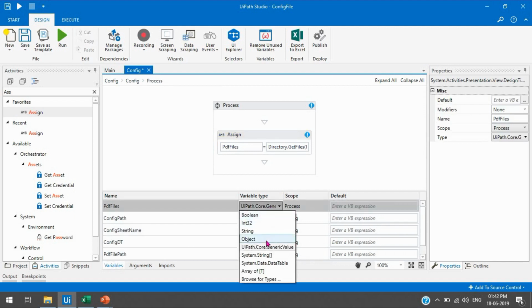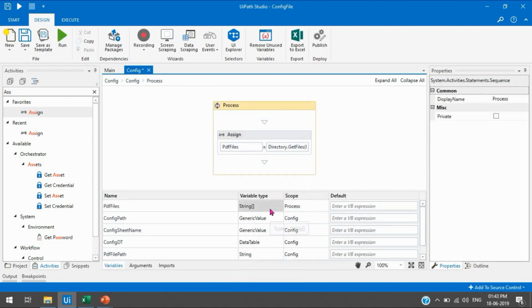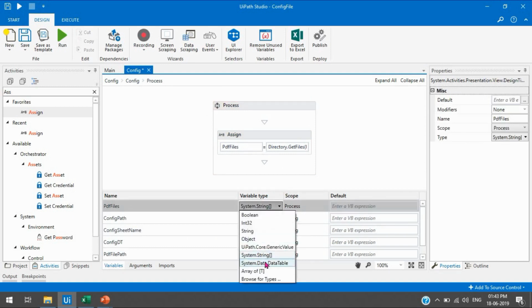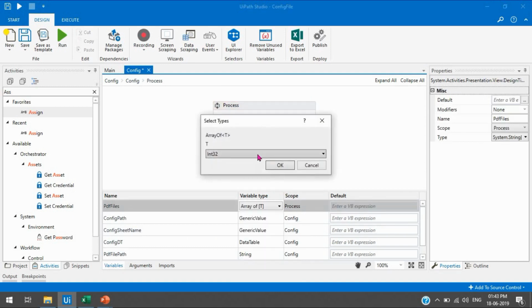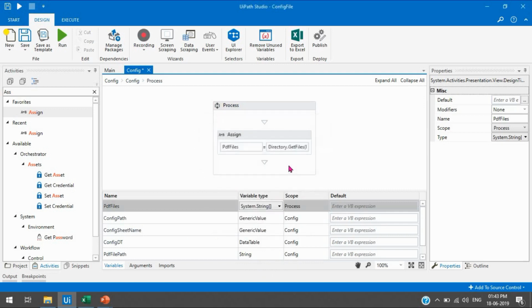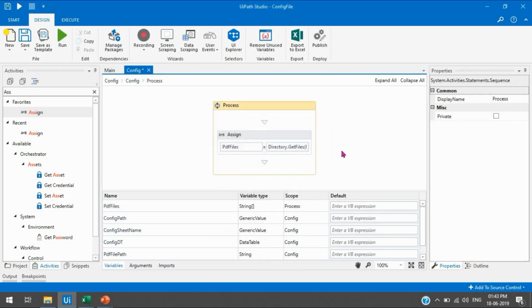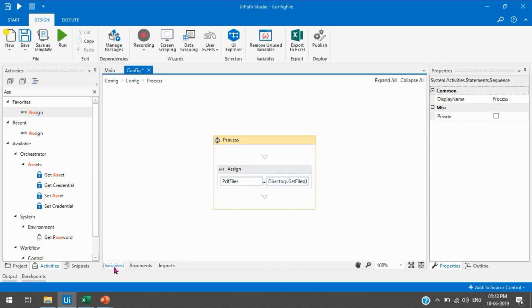So we'll just select this System.String array. If you are not getting that, then you can go to the array of T, and then you can change from integer to string, and then you can take this. So now we have the collection of files, the array of files, in PDF files.